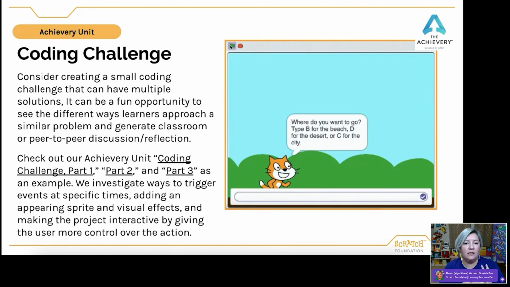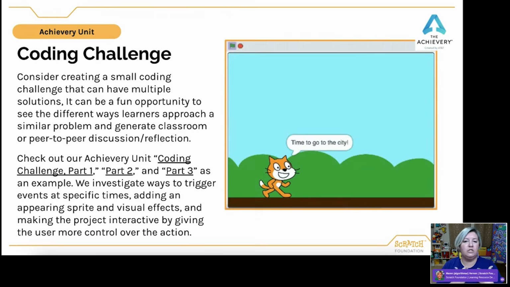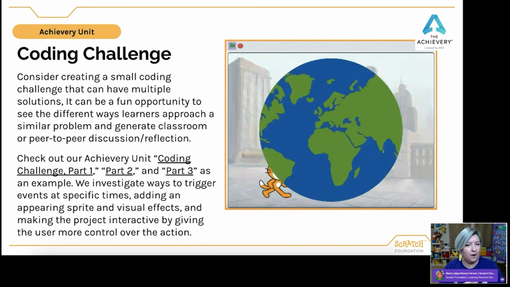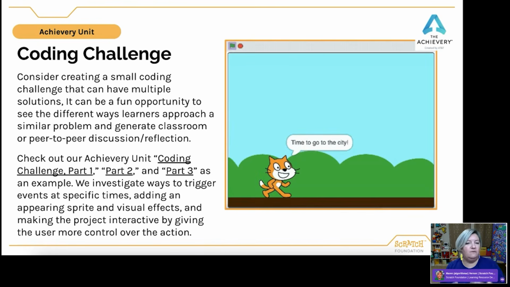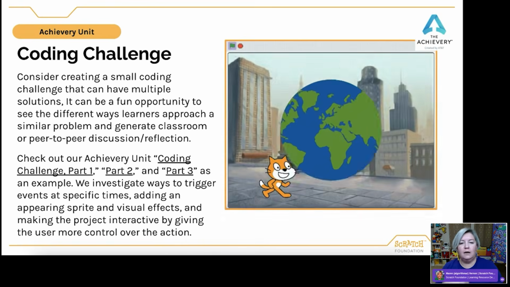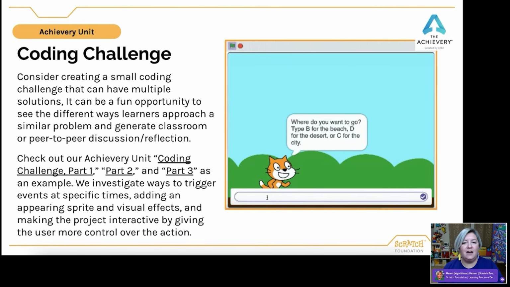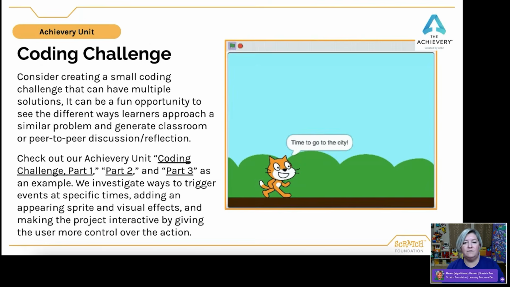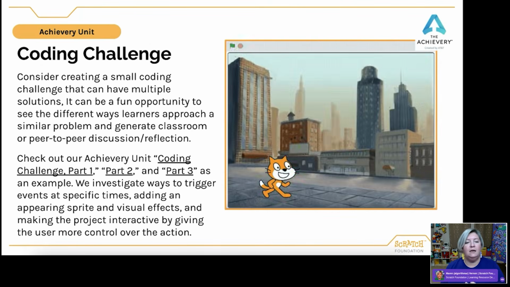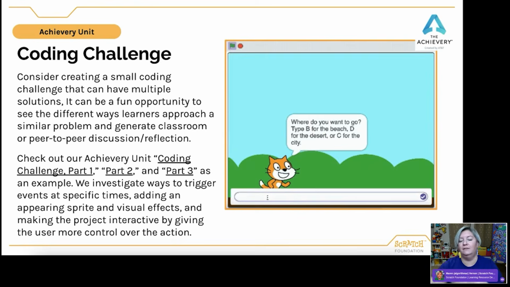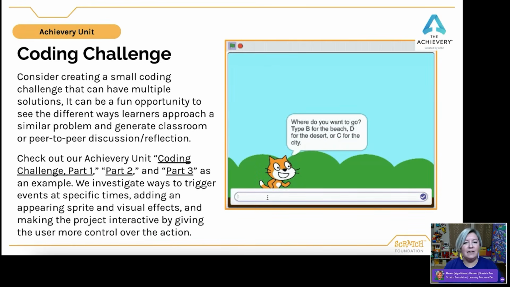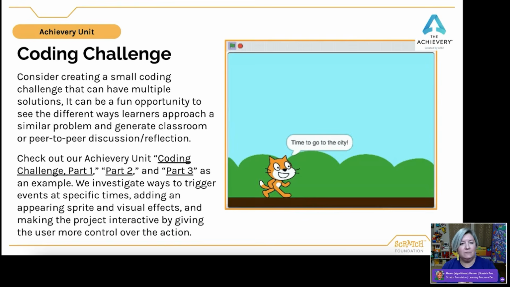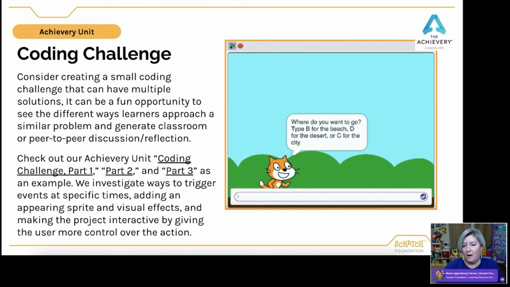This is a series of challenges where we are investigating ways to trigger events at specific times in a program with greater accuracy. We added an appearing sprite and visual effects as the backdrop changes. And then finally, we make the project interactive by giving the user more control over the direction via question and answer. Where do you want to go? And then you can go to that specific location. So each of these challenges increases in complexity, and it's a great example of how there's lots of different ways that